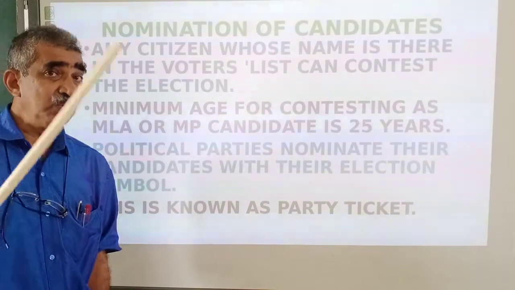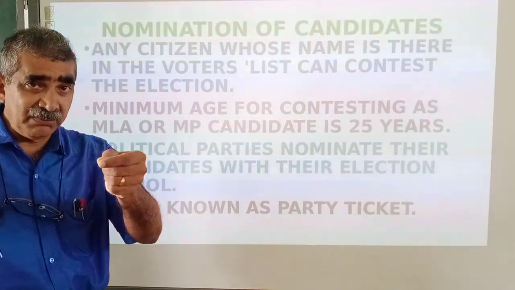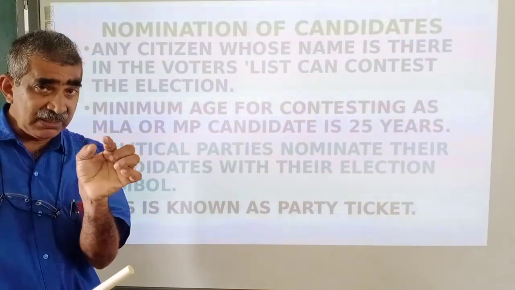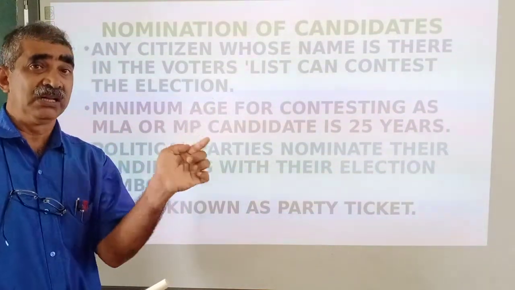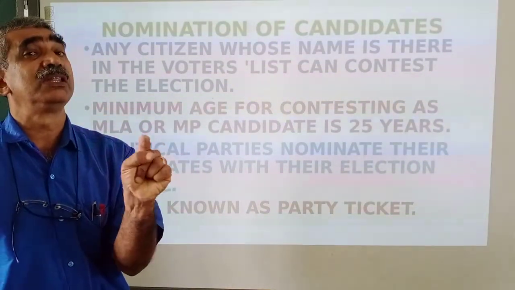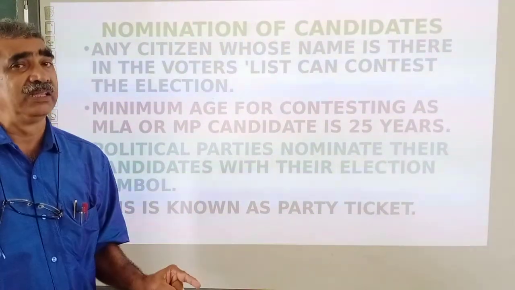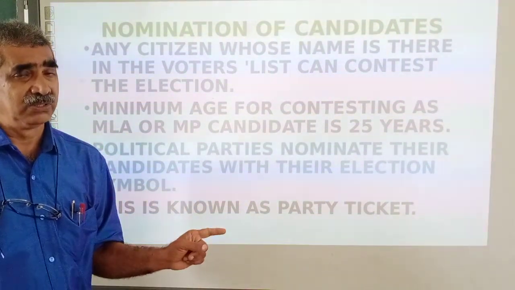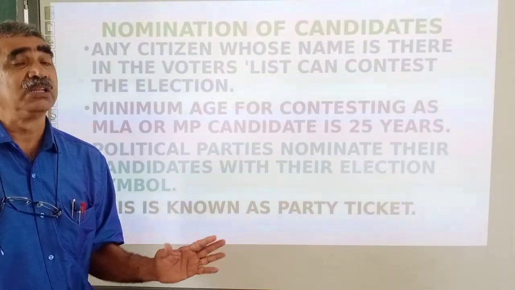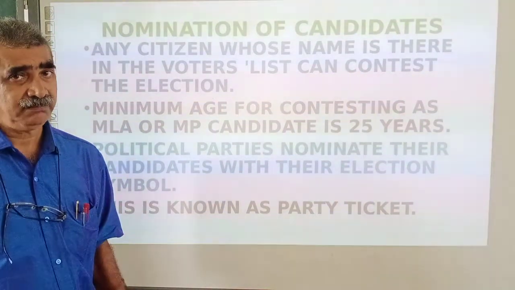Those symbols will be given only to those party candidates. Because parties nominate a candidate, and that party candidate is given a paper by the party president. When that is given to the election officer, the officer will allot the same symbol requested by that party. No others can get that symbol in that constituency, and even in the state, the party symbol is only allotted to the party candidates.